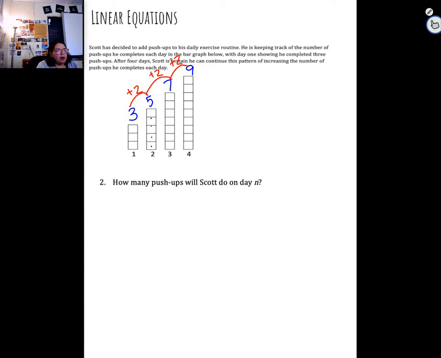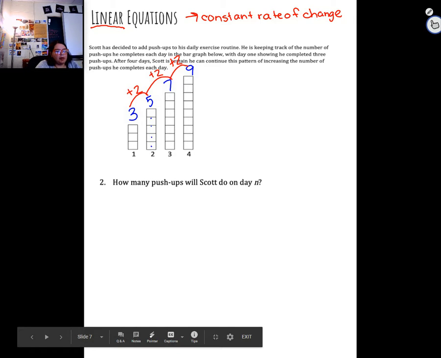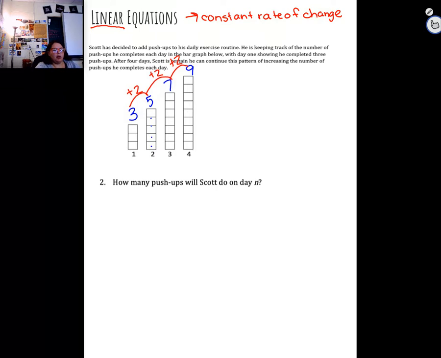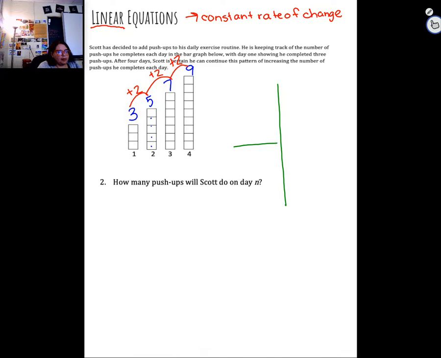And so we know that a linear equation has a constant rate of change. That means they are adding the same amount every time. And that constant rate, that ability to add the same thing every time, you'll recognize it when you are on a graph. You would look at the slope and you would talk about going,